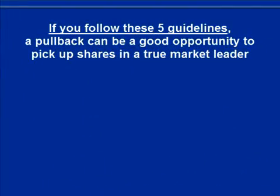If you follow these 5 guidelines, you'll find a pullback can be a good opportunity to pick up shares in